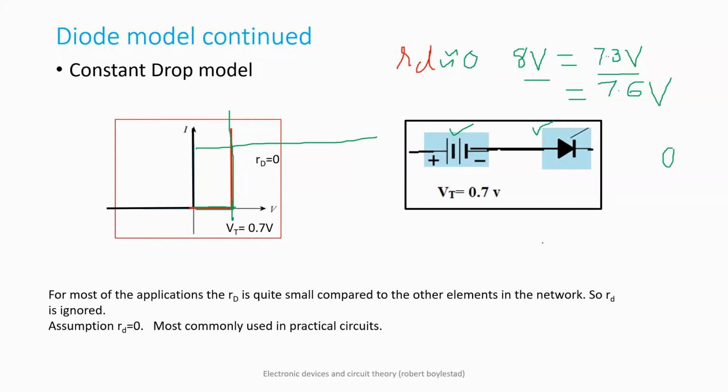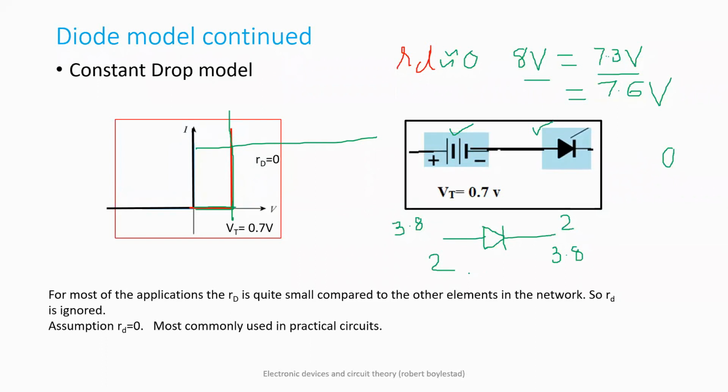Now, in case you are applying voltages at both ends, then in that case, what is the thumb rule? It says that potential at P should be more than potential at N. So suppose you are applying 3.8 volts here, and you are having some 2 volts here. So it means your diode is forward bias. And if it is 2 here and 3.8 here, that means your diode is reverse bias.